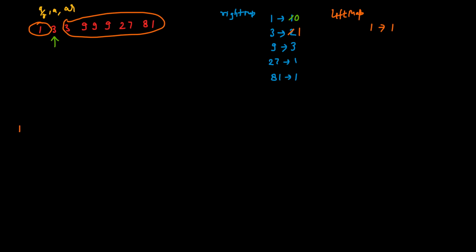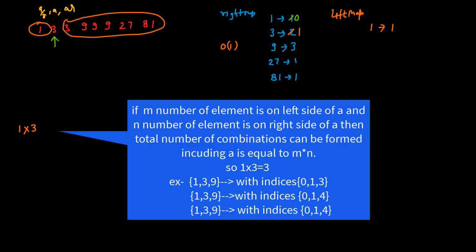How many 9s are there? 3. Guys, why have we used a map? Because we want to know the frequency of 9. And if you want to know the frequency, which is basically a lookup operation, a hash map is the best, because it has O(1), or constant time complexity, for lookup. So if you look for the 9, how many frequencies are there? 3. So left hand side A by R is having 1 and right hand side 9 is having 3 frequencies. So 1 into 3. Guys, I'm using the same formula, M into N. So overall you can form 3 pairs, right?